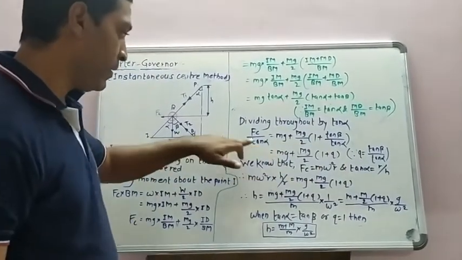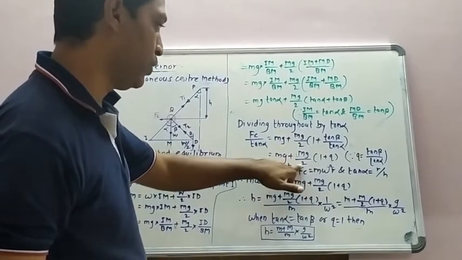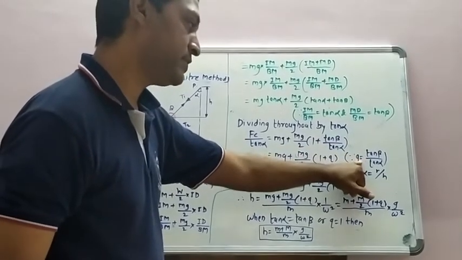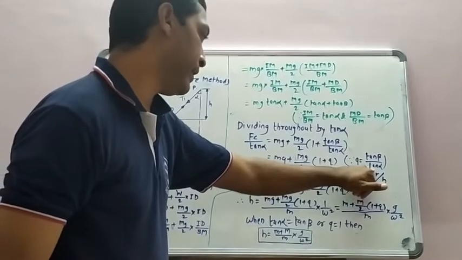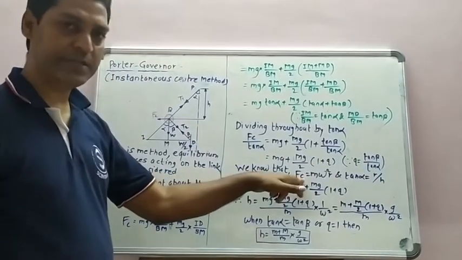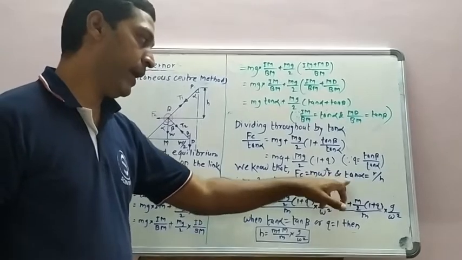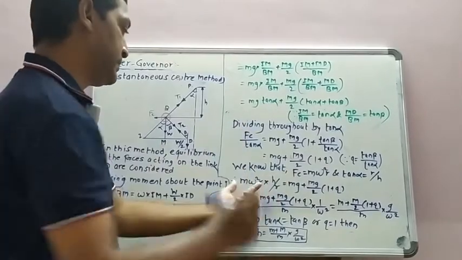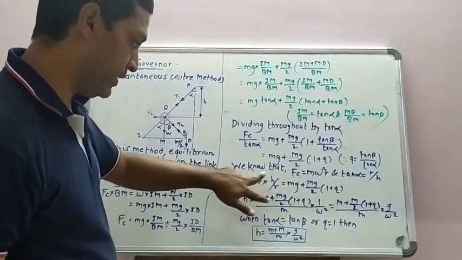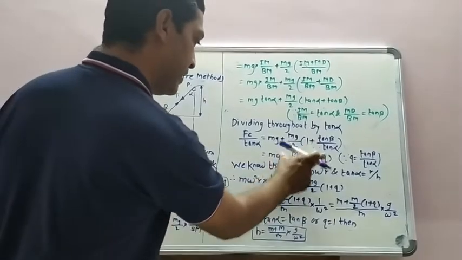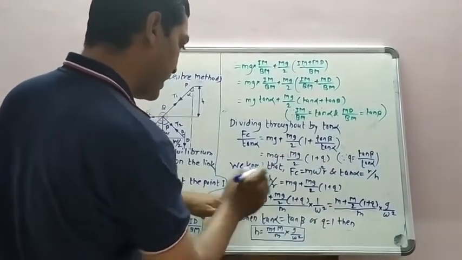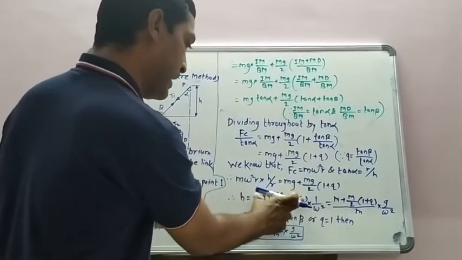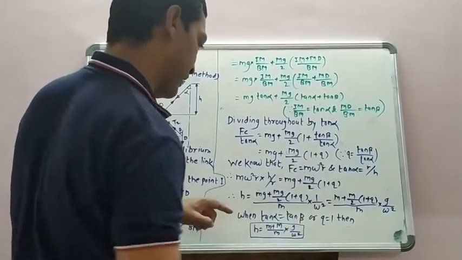Now in the further step, mg plus Mg by 2, so we can replace this tan of beta by tan of alpha by this term, since q is nothing but tan of beta divided by tan of alpha. We know that this Fc is nothing but m omega square r, and tan of alpha is nothing but r divided by h. Now replace this Fc and tan of alpha by this term. Okay, and towards the right side, this one is written as it is. Now this r gets cancelled, and this term goes in the denominator. So this term will remain as it is, and 1 upon omega square is written here.